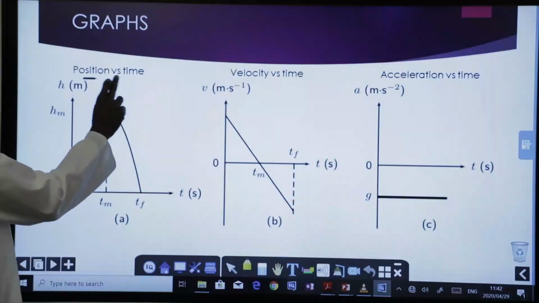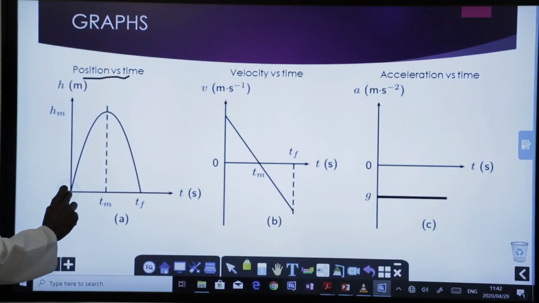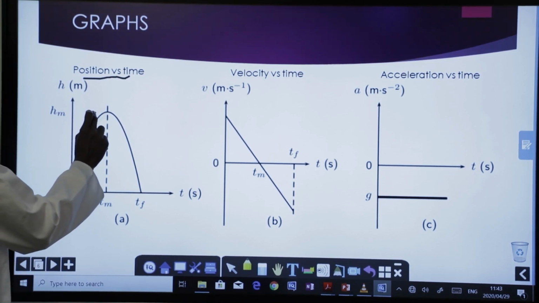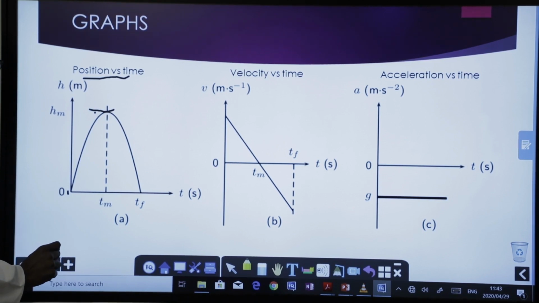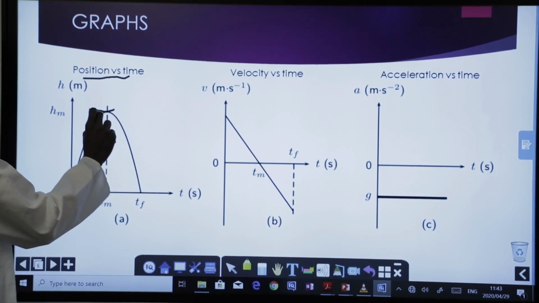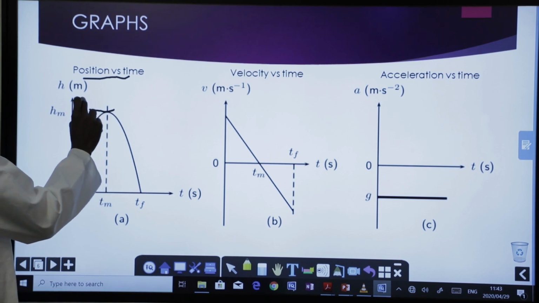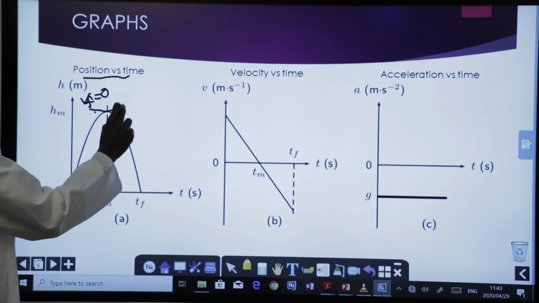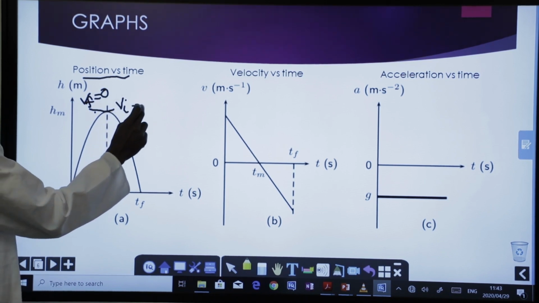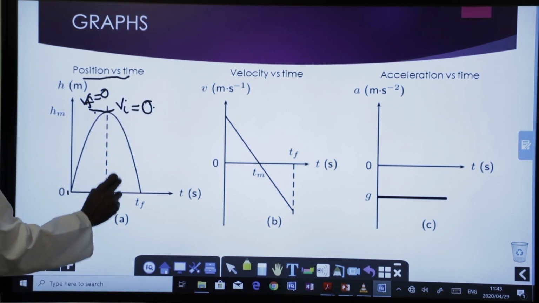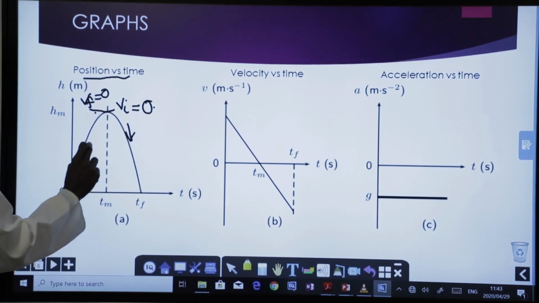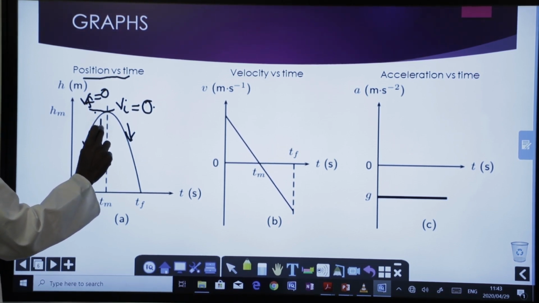This is a position time graph that moves from position 0 and gets to its highest point, where it has a final velocity of 0, which can be an initial velocity coming downwards of 0, and then it falls. Throughout the motion of the object,